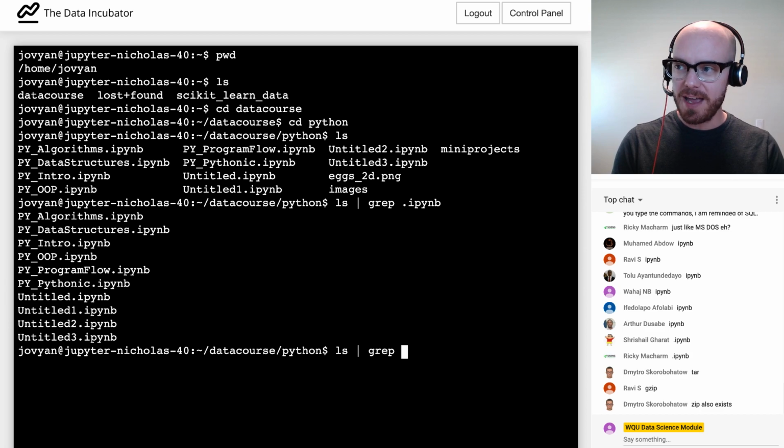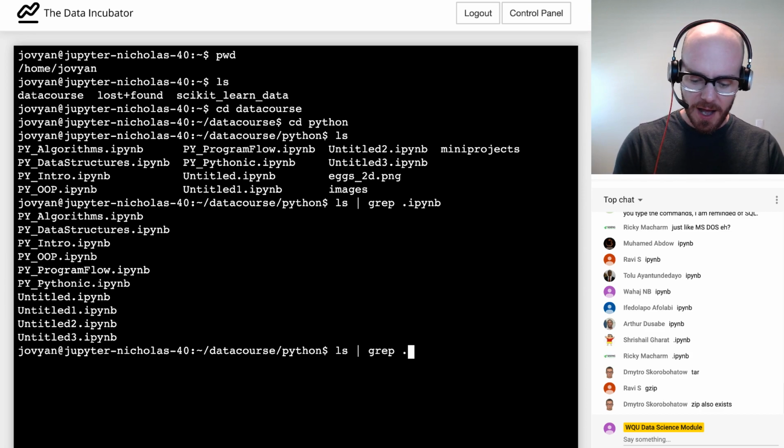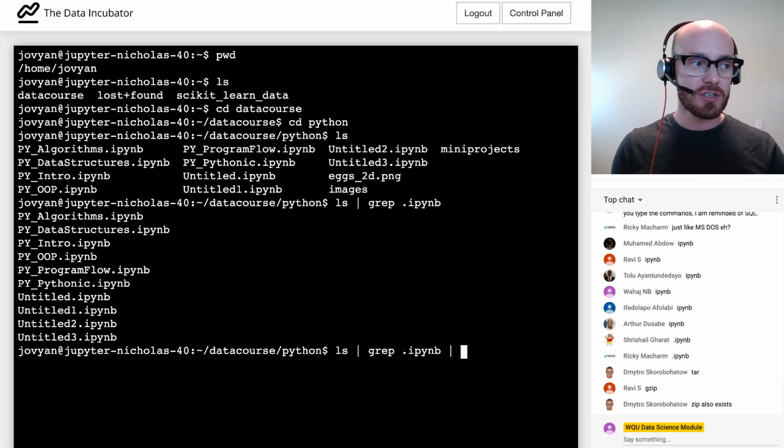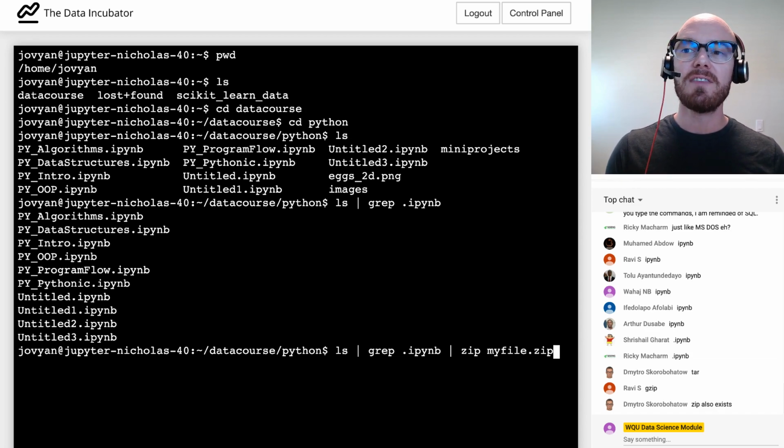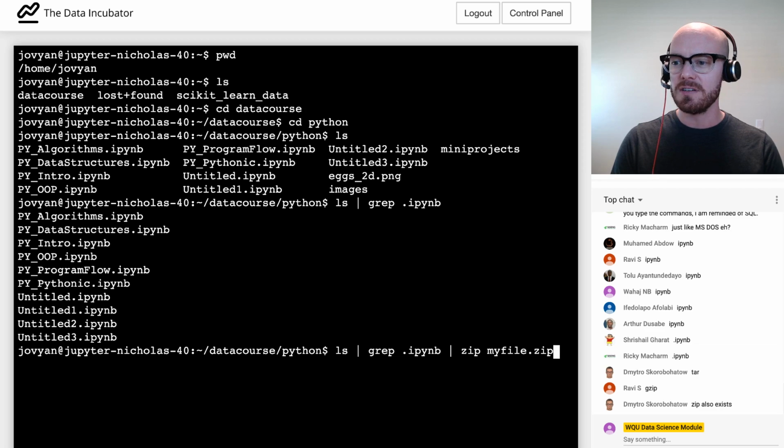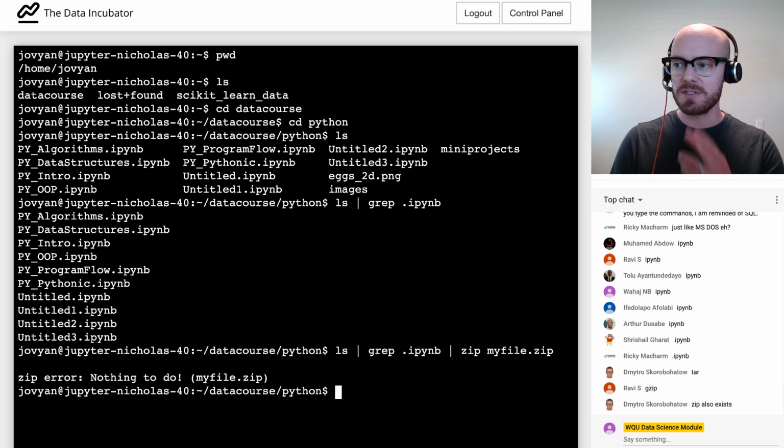So I'm going to take my ls, so that's my list, and use my grep command for ipynb. I'm then going to add another pipe and then add my zip command, and I'll give it the final file name, what I want my zipped file to look like. And I'll hit enter. Oh, excuse me, hold on.